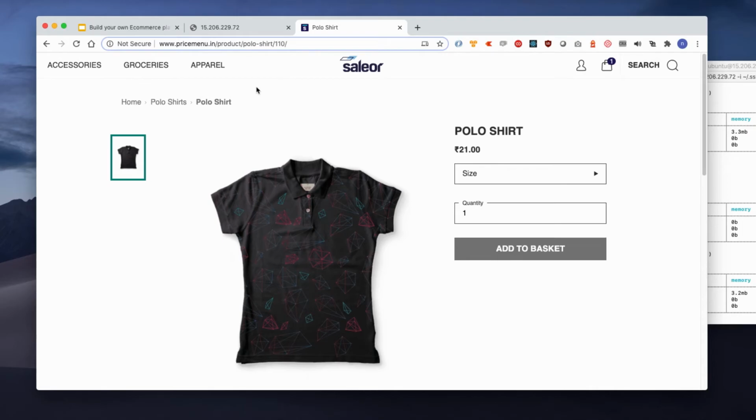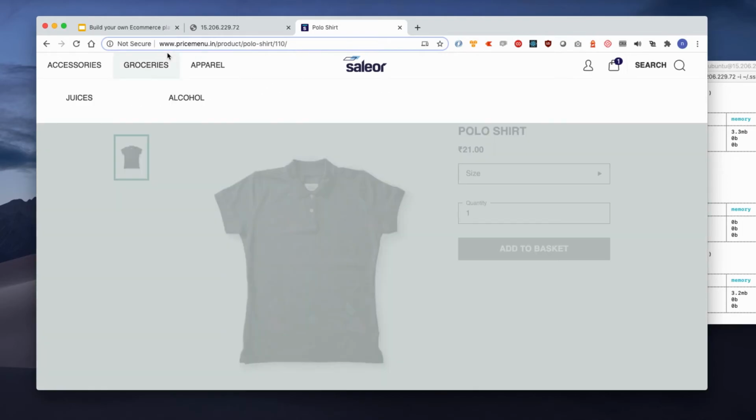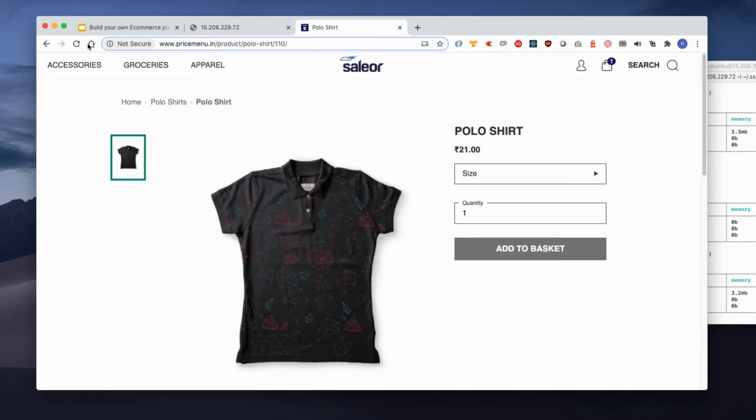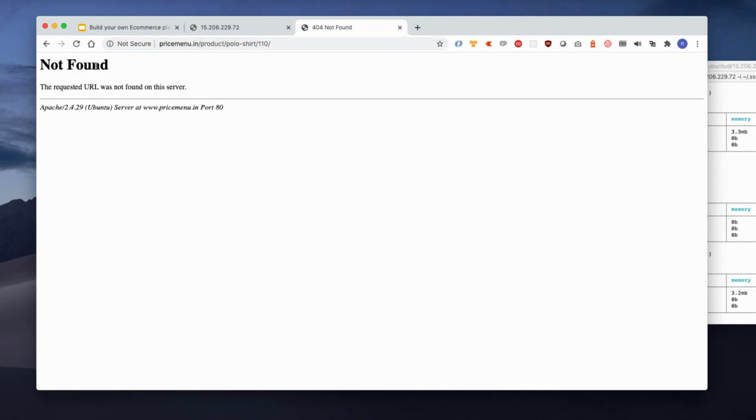One important issue has been left. Currently I am at this product. If I refresh the page, this will not work. This will show me 404. Why? The reason is simple: this URL is not a static URL, it is a dynamic URL, being served by my project. So I need to add an .htaccess file.